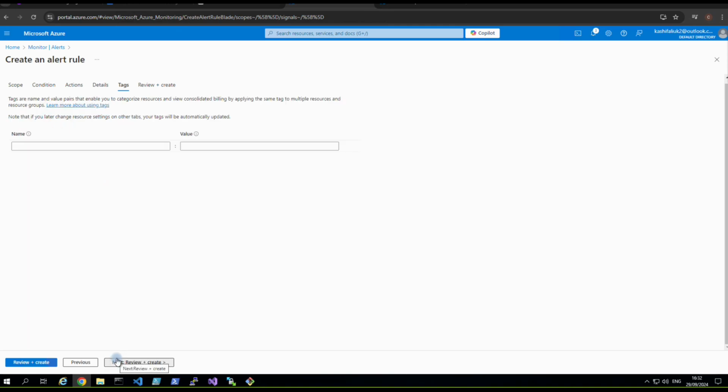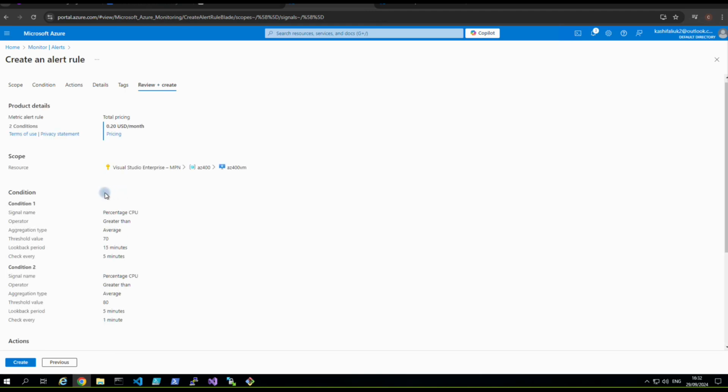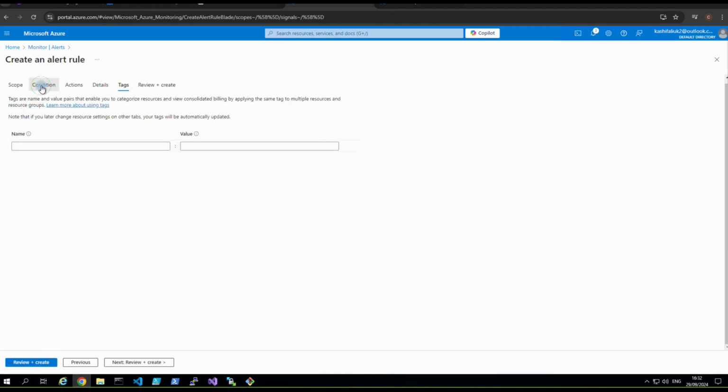Tags again, just don't worry about it. Review and create, which gives a summary. Signal name is CPU usage. Operator is greater than 70%. Look back period 15. Condition 2. Actually, we created two conditions, when we should have been creating only one. So if you go back to condition,